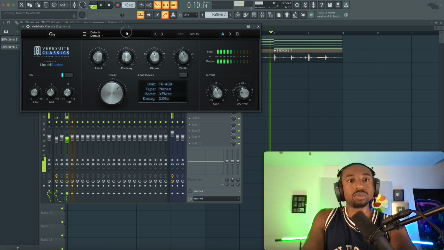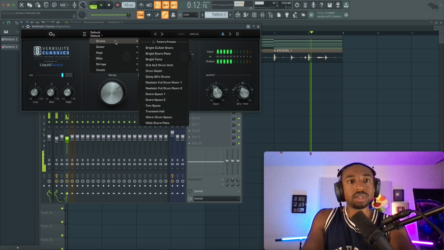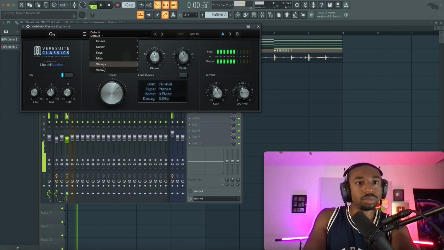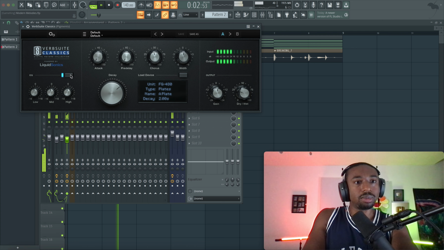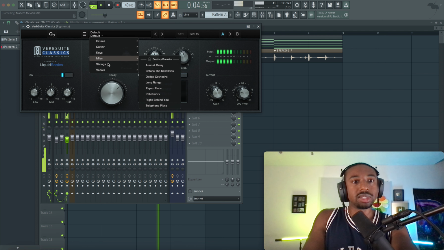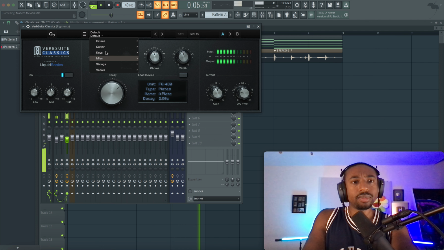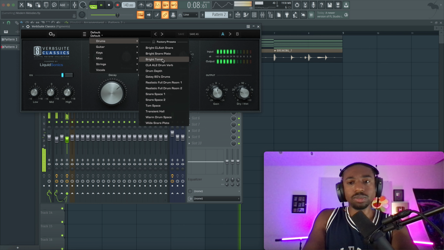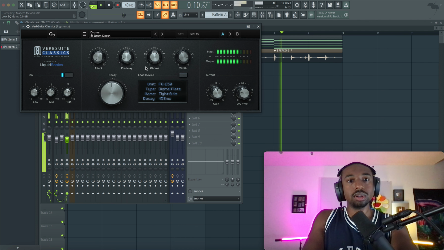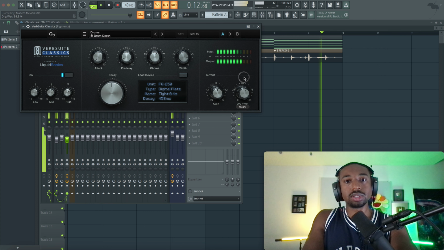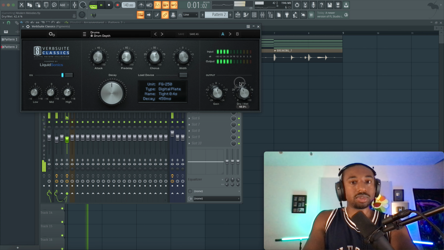What most people do is they'll run their sounds through room reverbs. So I'm gonna look for like drum rooms. Not sure why it's labeled like instruments, but usually drum rooms are a little bit smaller. So now it just adds like a width to the sound as opposed to like a reverb tail. And also we have this chorus.